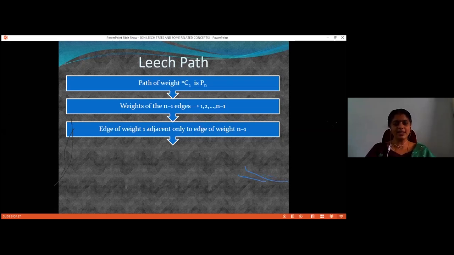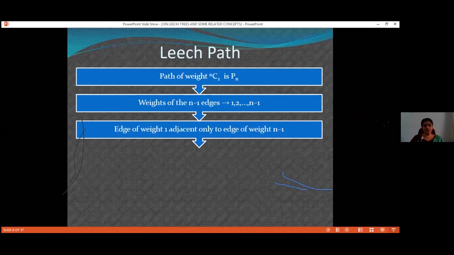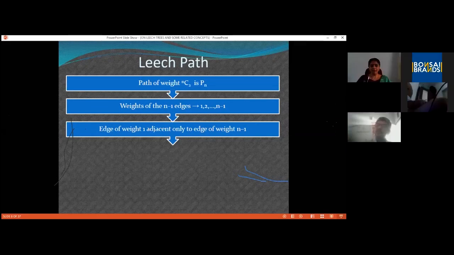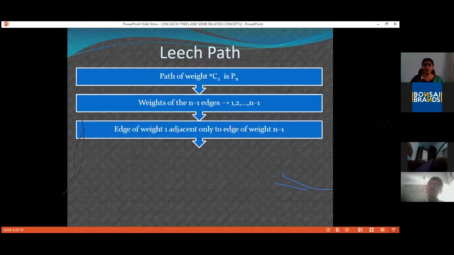If 1 plus k is less than or equal to n minus 1, then the path with these two edges, the edge 1 and k, will have path weight k plus 1, and that will create repetition, right? So k plus 1 must be greater than or equal to n. That is, k must be greater than or equal to n minus 1.